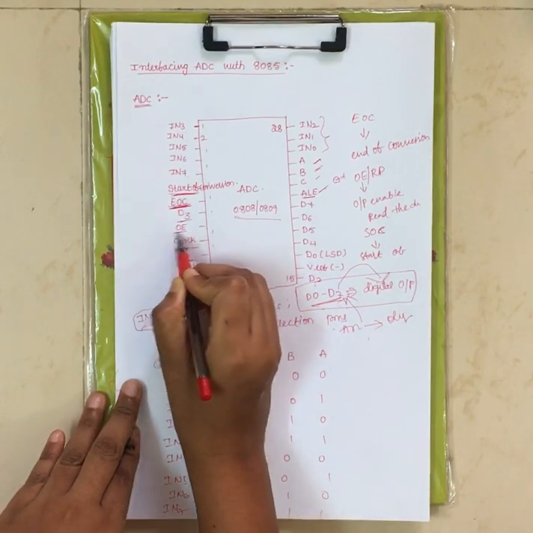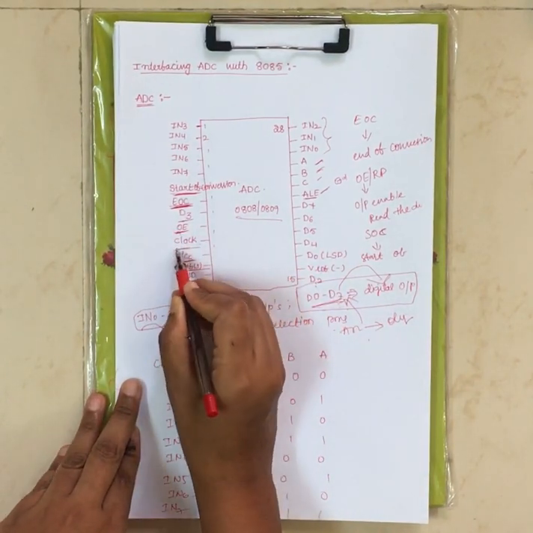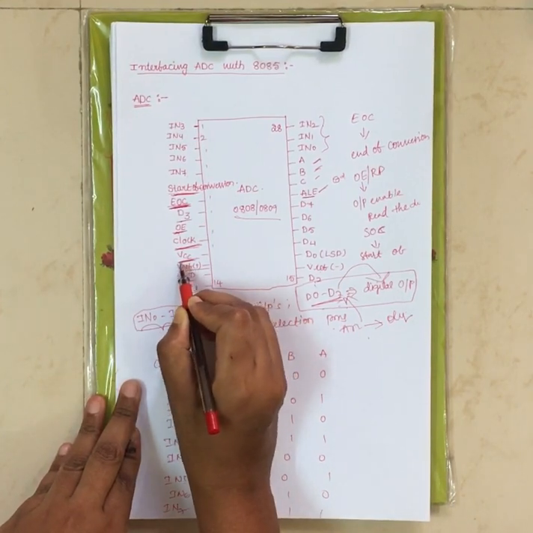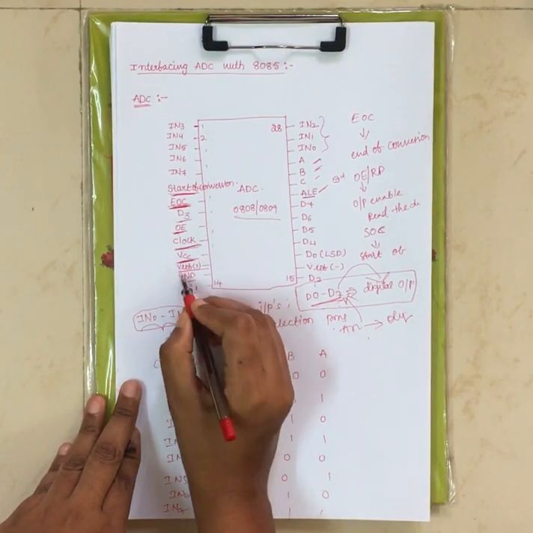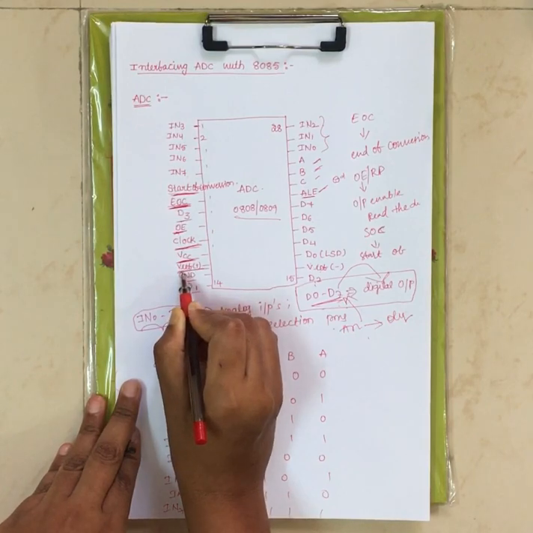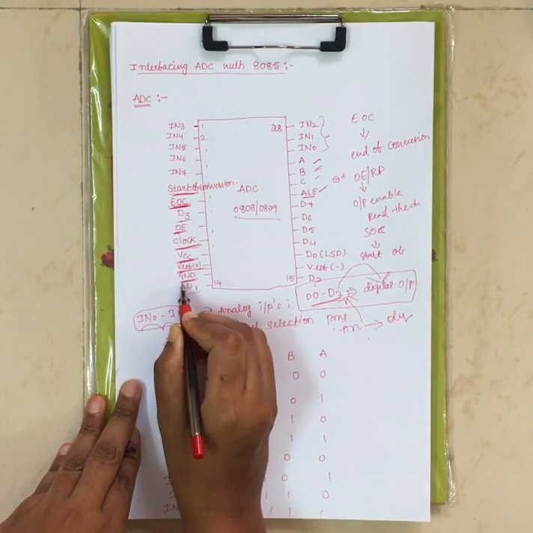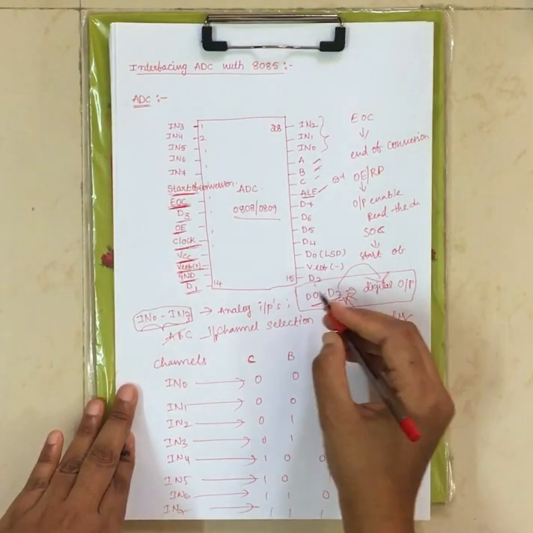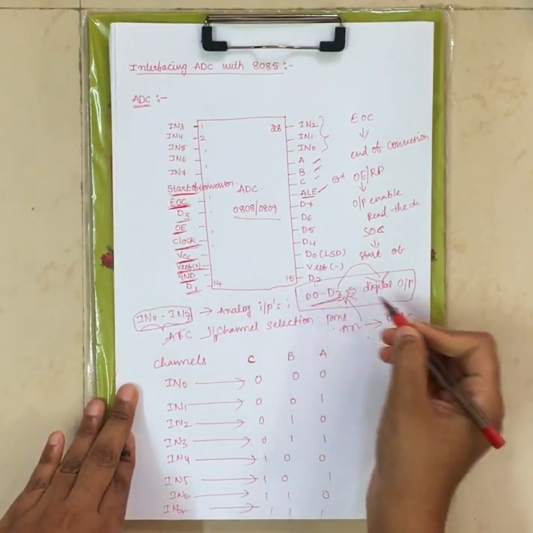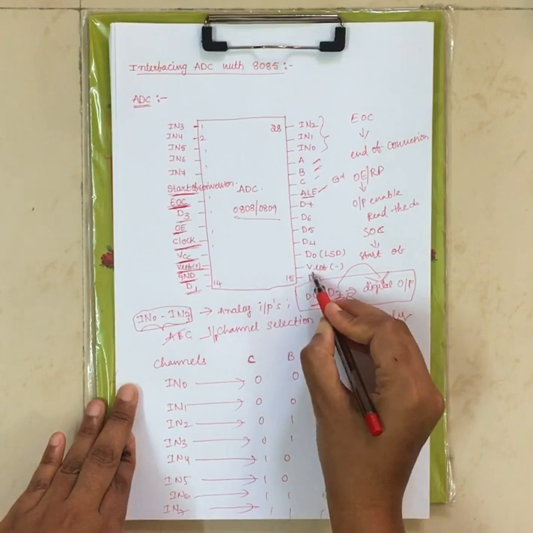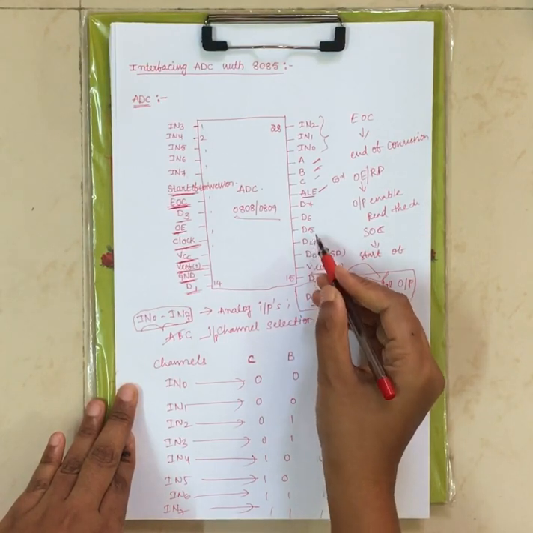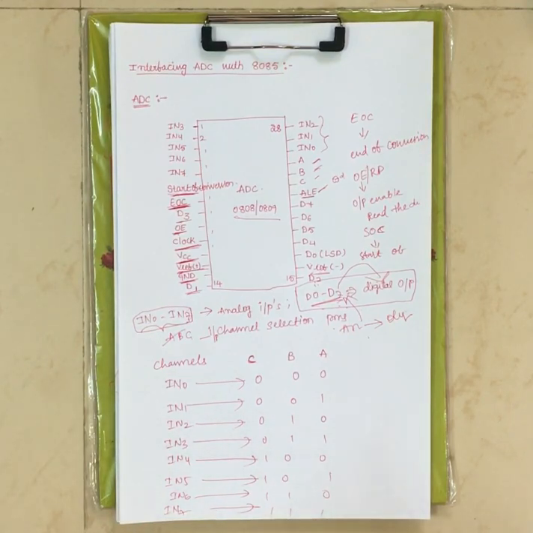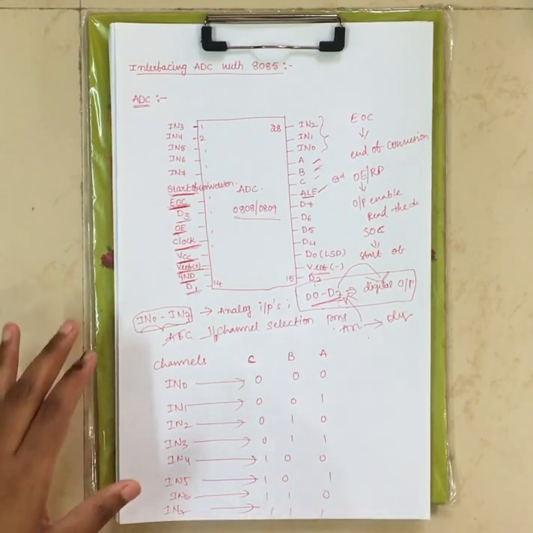And next we have output enable, nothing but just reading the data. Now the clock signal is provided at this pin. Next we have VCC, plus 5 volts of power supply is provided at this pin. Now this is your positive reference voltage. And next you have the ground pin for ground reference, and D1 is a digital output bit, and D2 is also a digital output bit. And next you have the negative reference voltage, D0, D4, D5, D6, D7, which are the pins through which you are collecting the converted digital output.